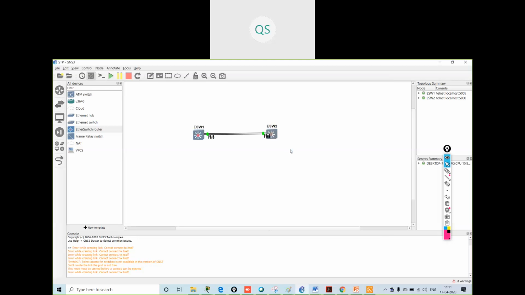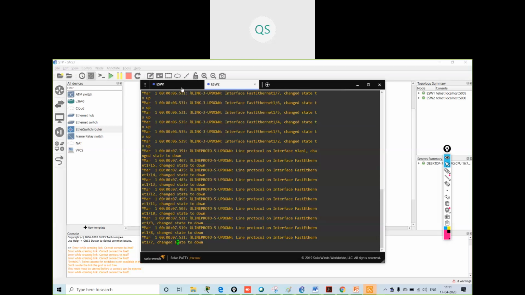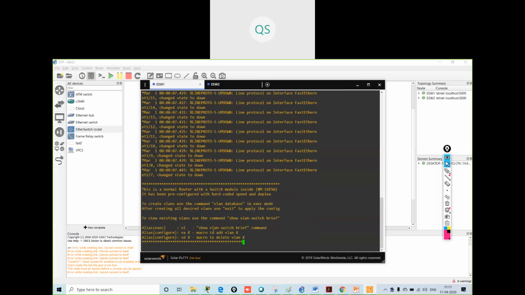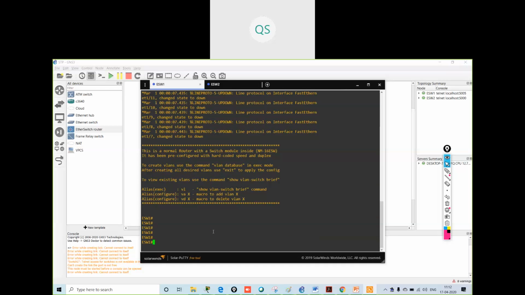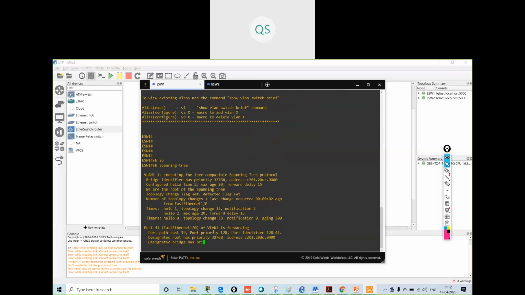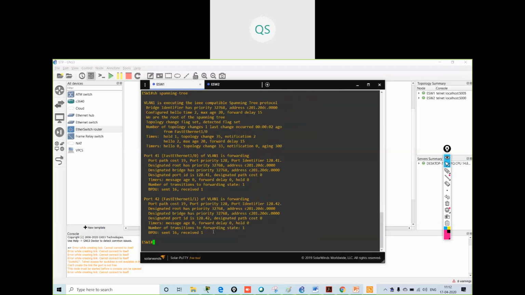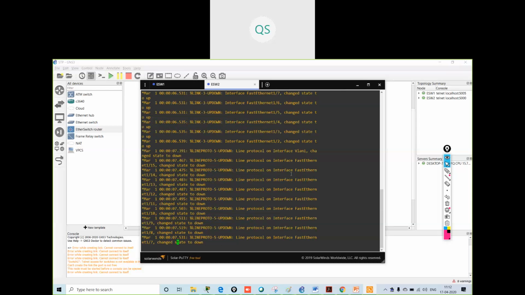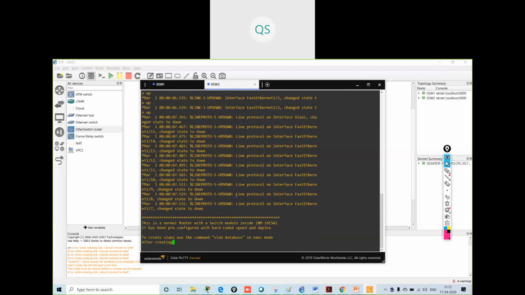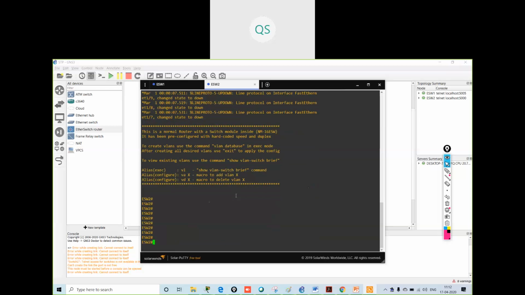I will take the console of switch 2 also. Okay, show spanning tree. VLAN 1 forwarding. Show spanning tree.